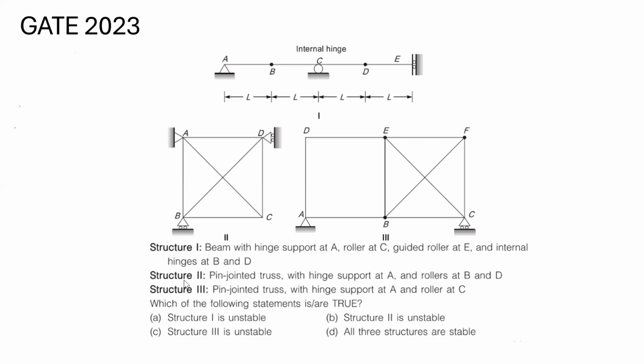You calculate the DS for the first structure. If DS is negative, then let me know what the correct statements are. Such kinds of questions will be there based on the DS, and you see the physics. I am again telling you all, the physics is very important. The equation may give you wrong results for the DS and DK.